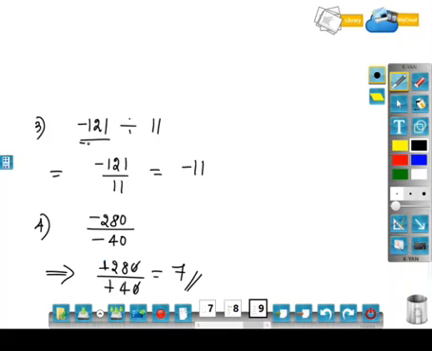Similarly, in this case also, one number is negative, another number is positive. On dividing, your answer will be negative. In the same way, when the signs are the same, here both are negative, on dividing two negative integers, the answer will be positive. Does anyone have any doubt regarding this topic, division of integers? Please comment. I'll repeat it once again. It is like your multiplication. On dividing same signs, the answer will be positive. On dividing different signs, the answer will be negative.